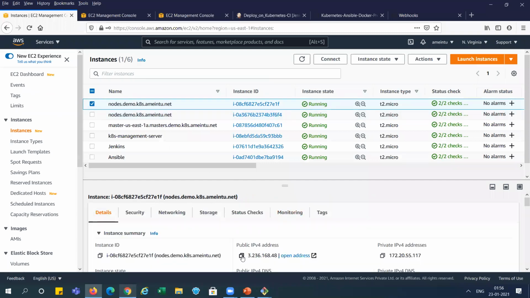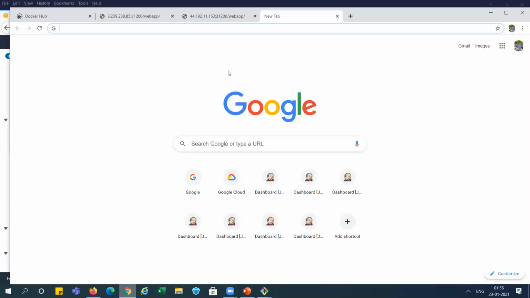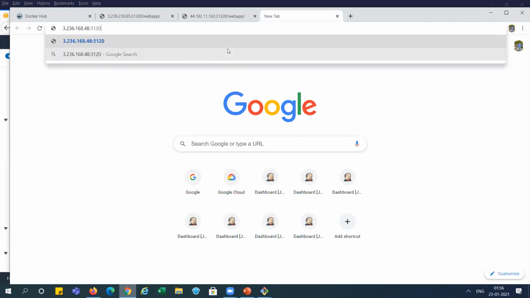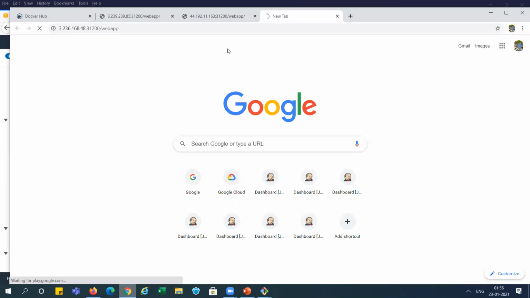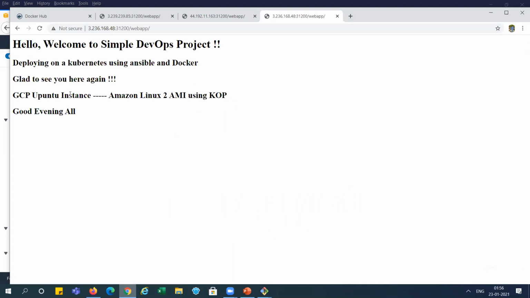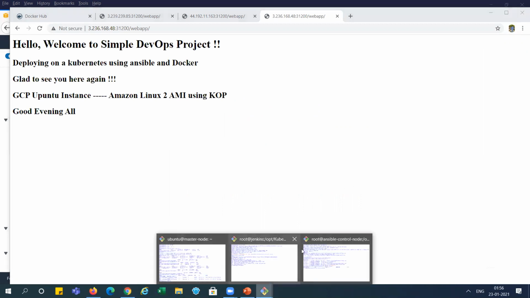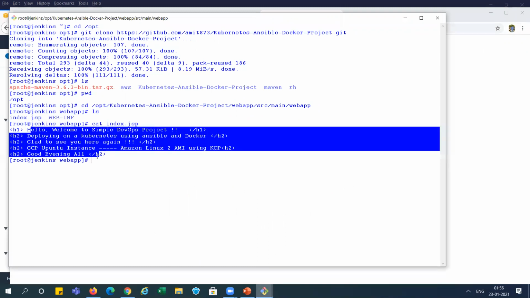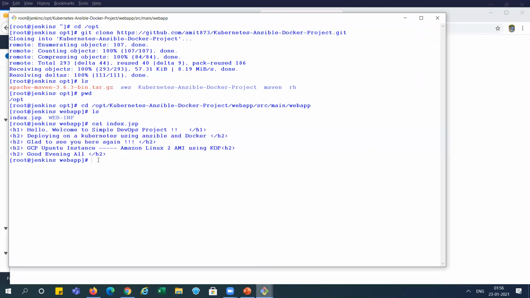This is the public IP, 31200 slash web app. You can see it is working fine. Whatever we have seen in the Jenkins machine, we are getting the same message here. So now we need to edit this index.jsp.